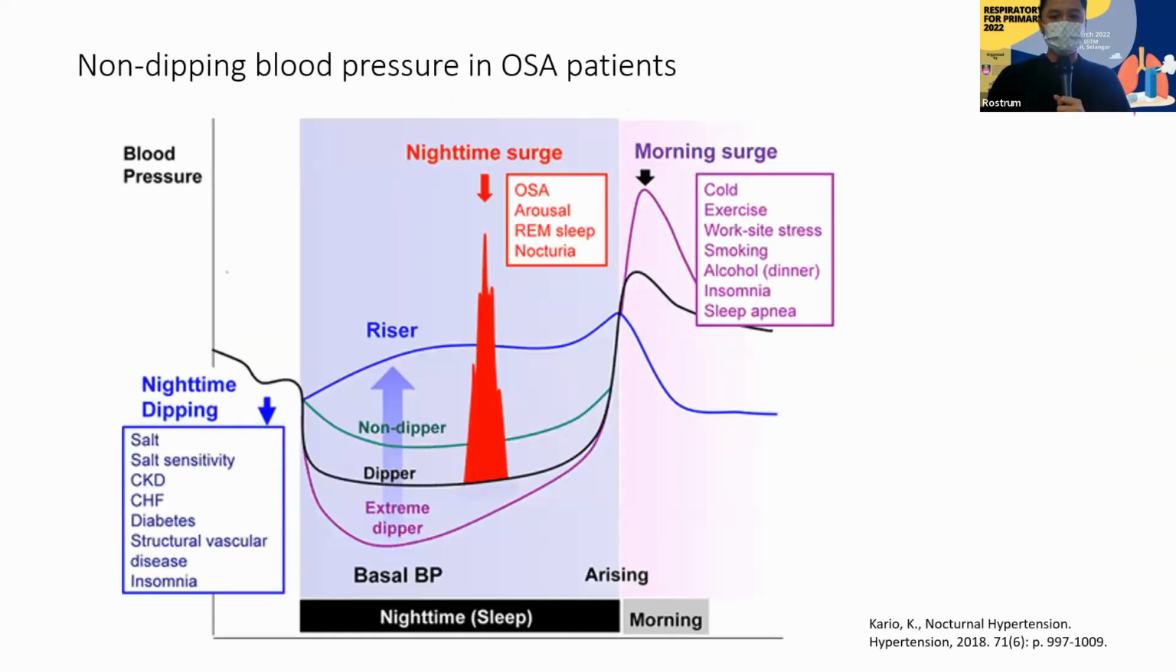So let's move on to OSA and hypertension. The pathophysiology of hypertension in OSA is mainly due to the activation of the sympathetic nervous system. There's an increase in catecholamine release. This leads to an increase in muscle sympathetic activity and peripheral vasoconstriction. Another main mechanism is the loss of nighttime dipping of blood pressure. As you can see, in healthy patients,